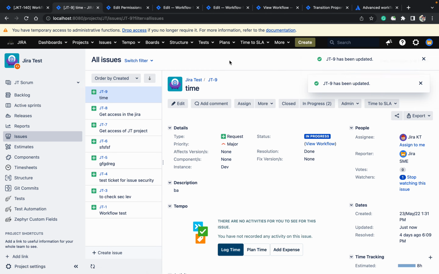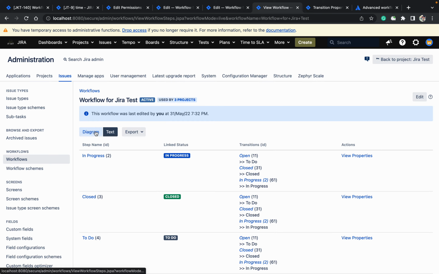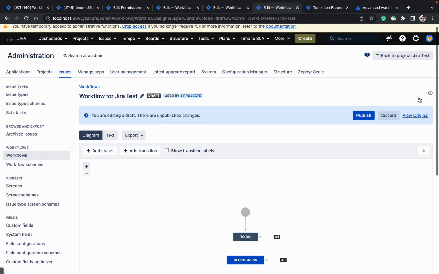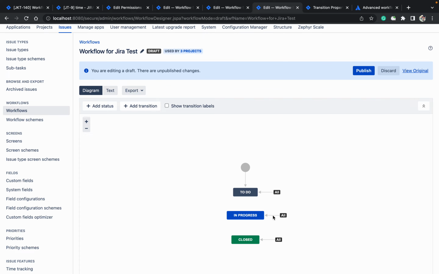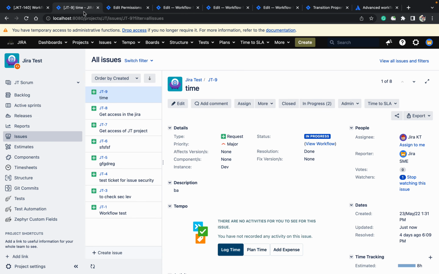Why am I able to see it? It's a question for me. Let me show you. Like this you can verify whenever you are getting the problem. Jira test, used by 3 projects. Jira test 1. Okay,